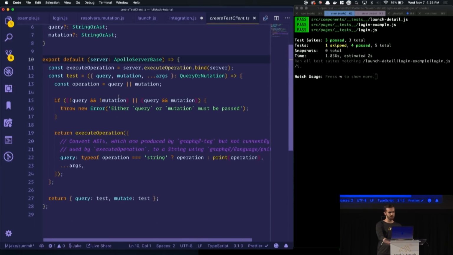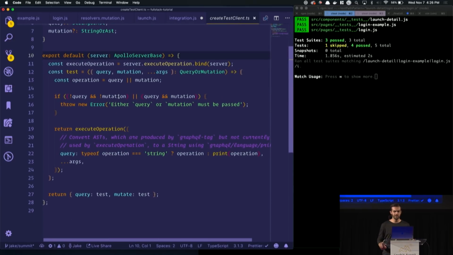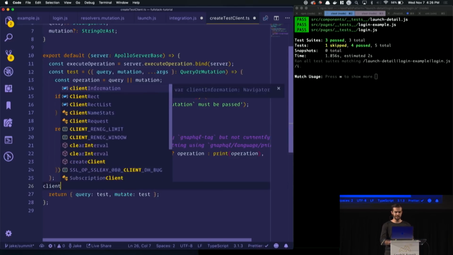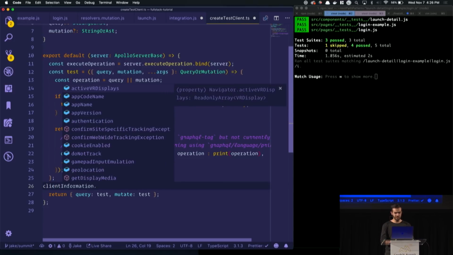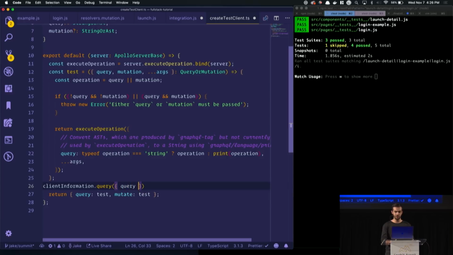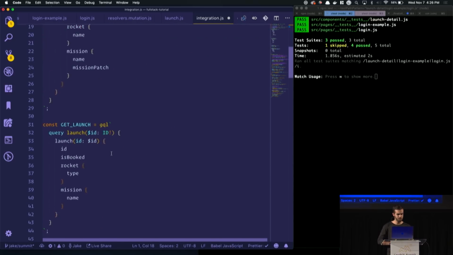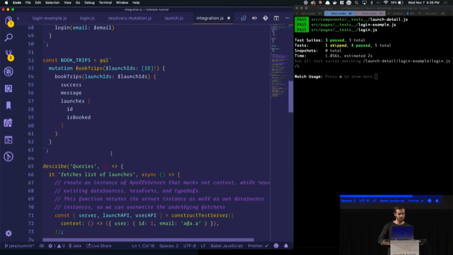Yeah. So this is a little more complicated. Essentially, the return of this is 2 things. It's a query and a mutate function, and these look similar to Apollo client. If you've ever used client.query, you can pass it a query and then whatever your query name is. This is what that looks like. It also allows you to pass variables along, which you will see in just a second. I hope I didn't break anything by editing that file, but we'll see, because live coding is great.